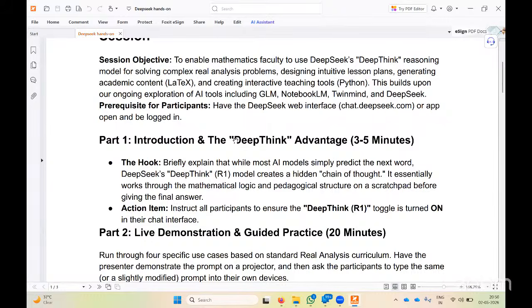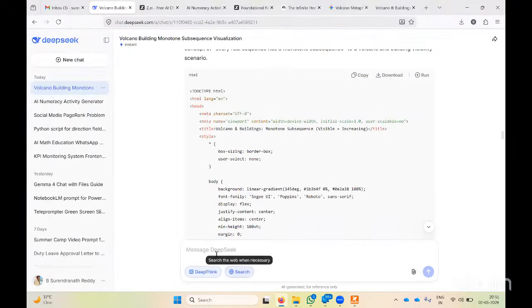For example, you can first try to explore what this DeepThink is. That means you go to DeepSeek, and without enabling this, you ask something, and with this enabled, you ask the same thing, and you see the difference. You should understand the meaning of DeepThink and Search. Search is useful because it will try to give you citations, just like Perplexity does. So try once with both disabled, once with one enabled, and once with both enabled, asking the same thing. This should be your understanding of how DeepSeek works differently.